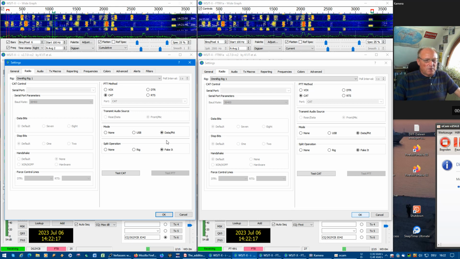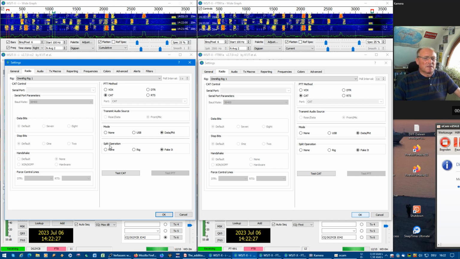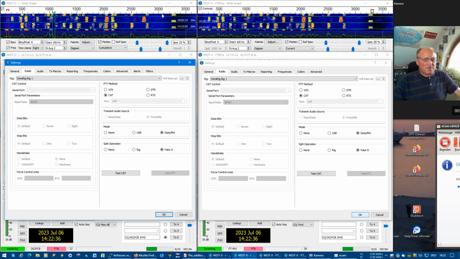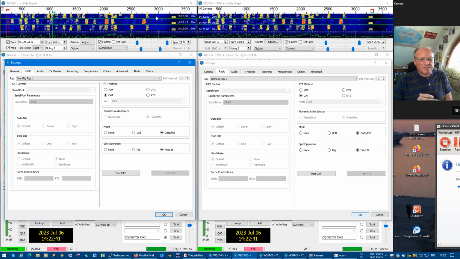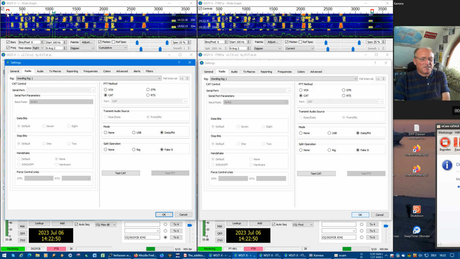What is also quite important here is that you should enable so-called split operation. Split operation means that when you are transmitting on the lower or higher end of the audio passband, then it is wise not to do it like it is shown here. For example, if I would select here more or less 200 Hertz as my transmit frequency,